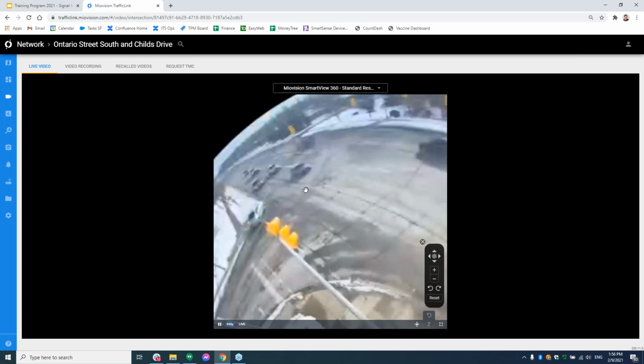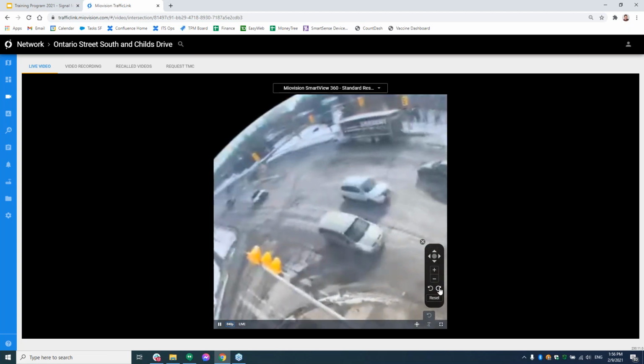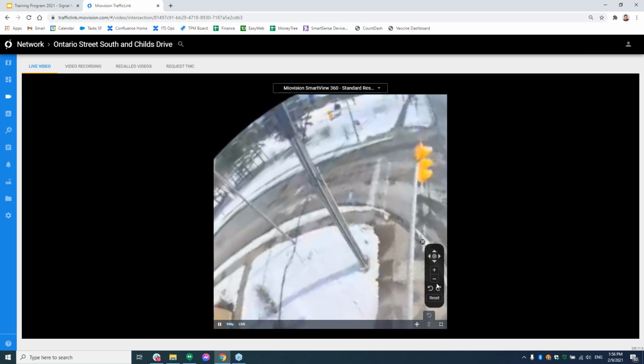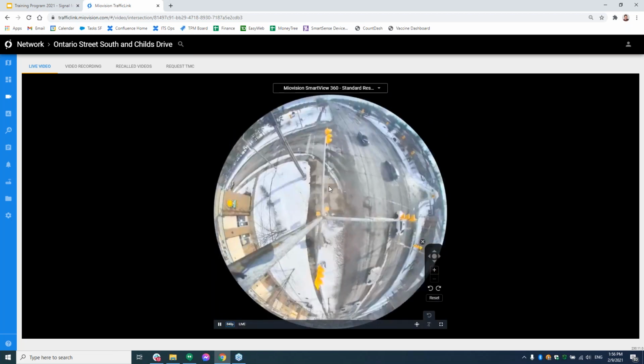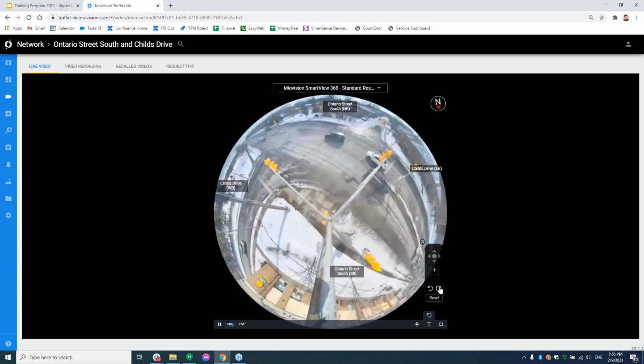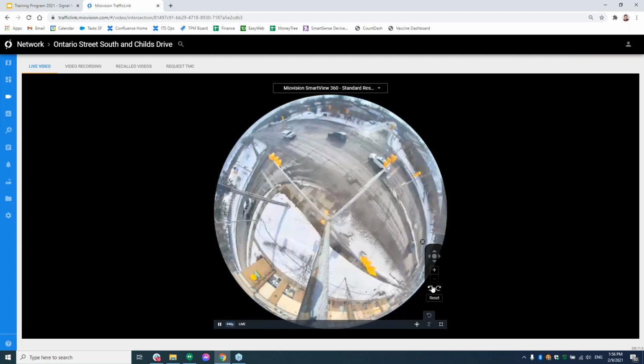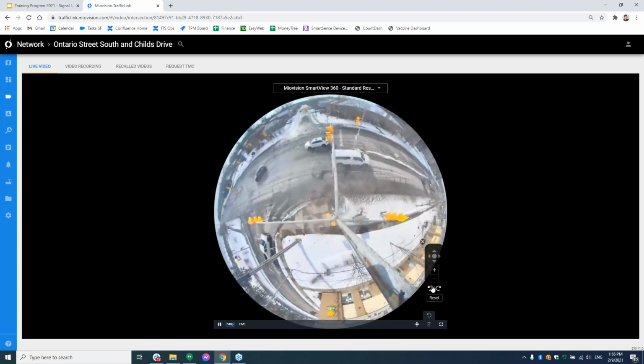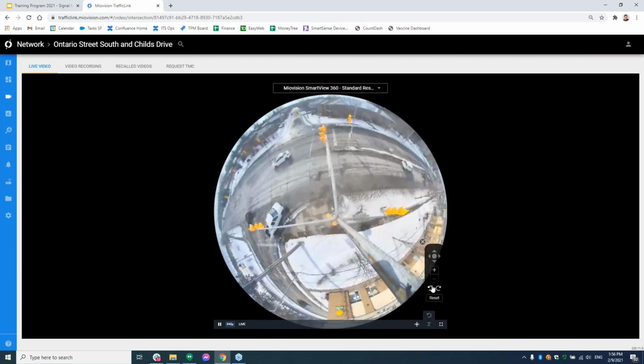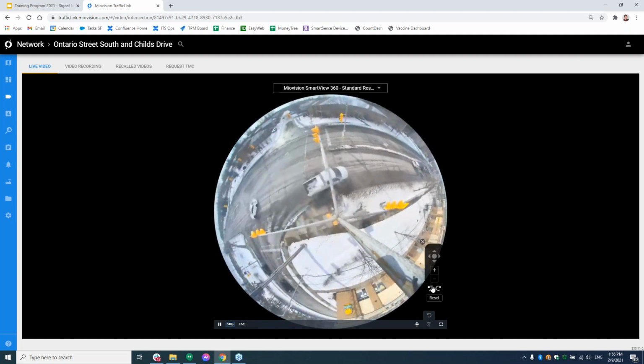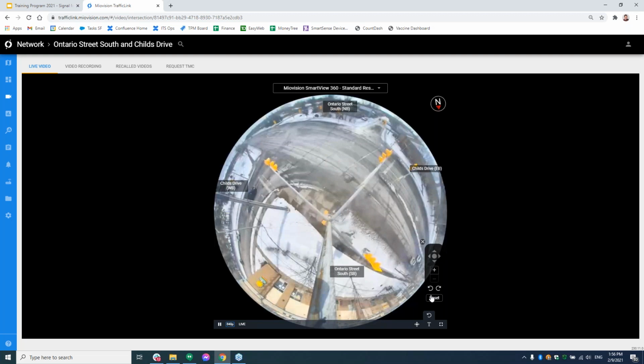And unfortunately, you can't really rotate. You have to actually click this here and rotate it here. So you may have to be clicking it a bunch of times to get it to rotate. And then you can just reset it. One thing that we were thinking about is how do you lock it in place? So if you were to change the rotation and then lock it so that you want to look at it in a certain way, instead of maybe your intersection's upside down for whatever reason, or you perceive it as upside down, then maybe we can think about locking it in a view, but currently that's not an option.